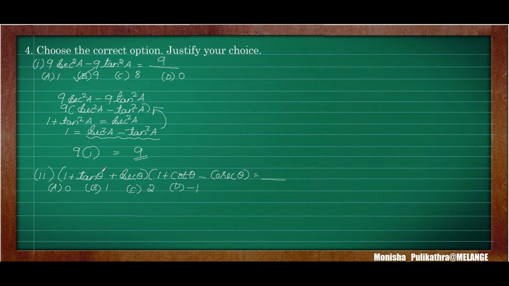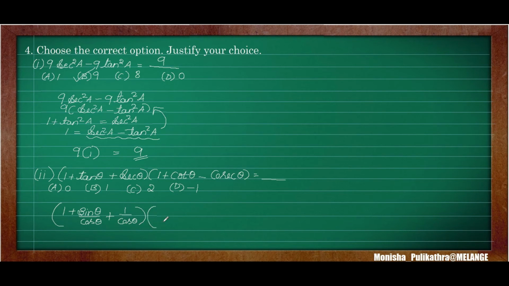We know that the reciprocal of tan A is cot A and the reciprocal of secant A is 1 by cos A. Okay. So first we have to interchange it into reciprocals. So tan theta we can write as sin theta by cos theta. Okay. So here theta is given as the angle. So we have to write sin theta by cos theta plus the reciprocal of secant theta, which is 1 by cos theta.